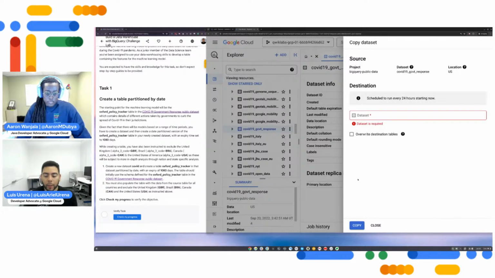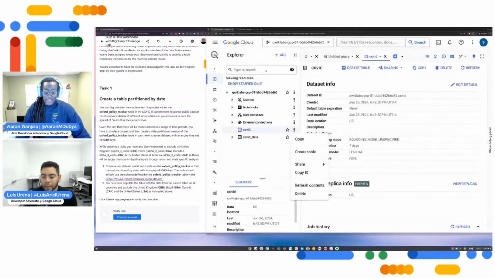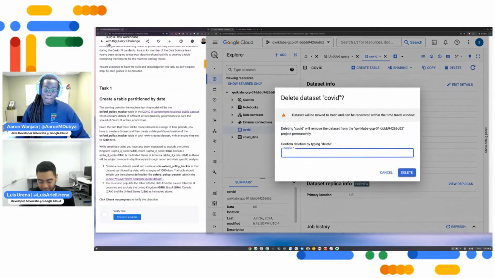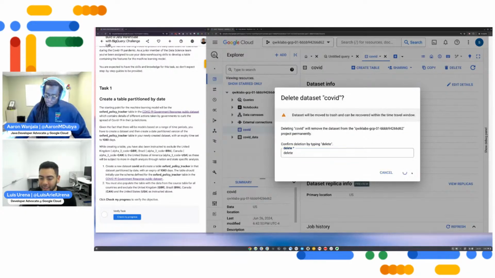I never finished the copy operation. I never clicked the copy button down here. Okay, then maybe we do. Take 3. Yeah, and a lot of the time when